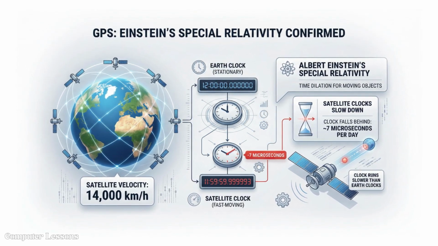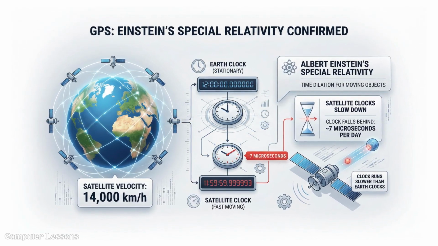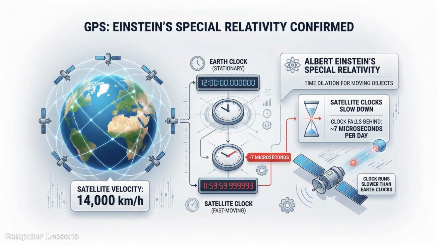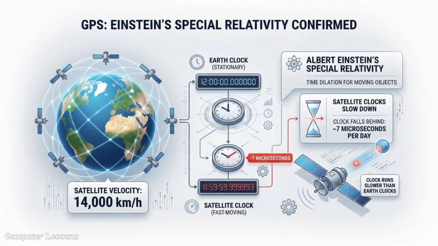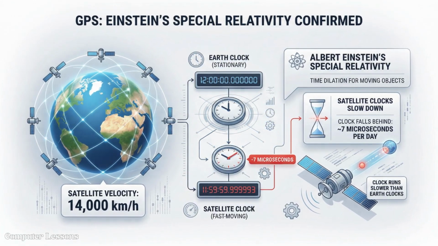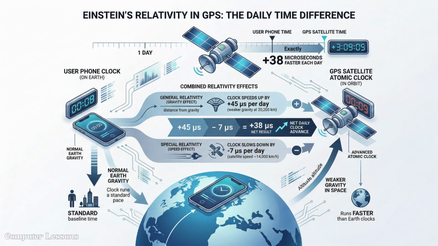According to the theory of special relativity, because the satellites are moving fast, 14,000 kilometers per hour, time slows down for them by about 7 microseconds per day compared to clocks on Earth. But according to general relativity, because the satellites are far away from Earth's heavy gravity well, time speeds up for them by about 45 microseconds per day. Combining these two opposing effects, time on a GPS satellite runs exactly 38 microseconds faster every day than time on